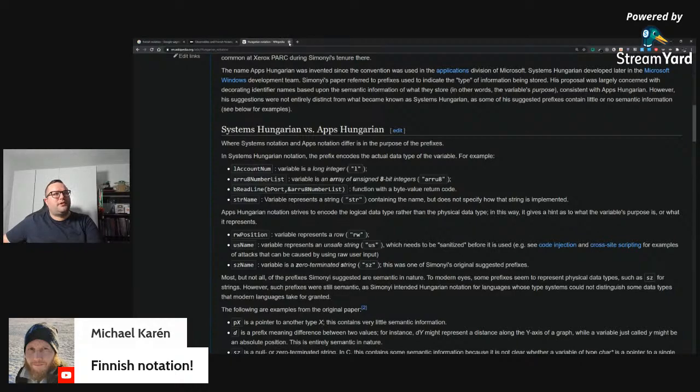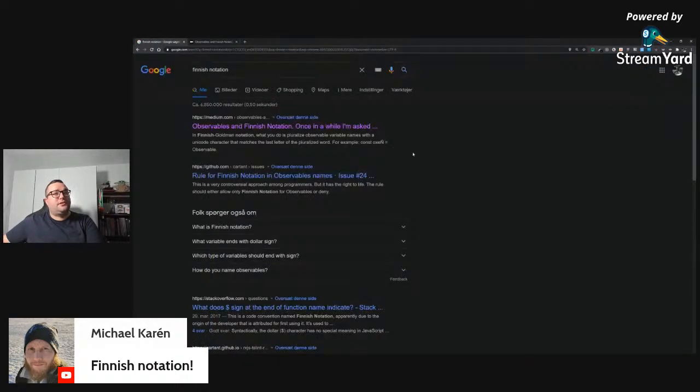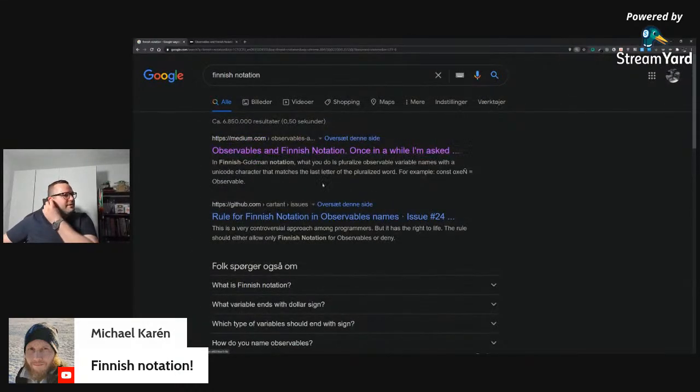And that's what you get with RxJS now. There's a dollar in the end. We used to put the dollar in front of jQuery objects not too long ago. And now this annoying habit of dollars in the end of RxJS observables. And there's a story about this. I wonder if it's